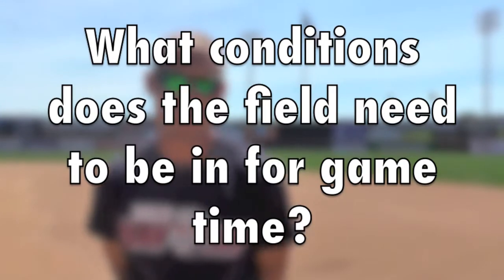From the players, it's all about the dirt. These guys are going to comment on the edges, the mounds, the plate, the infield skin, how soft or hard. So it's mostly the clay areas that will make this